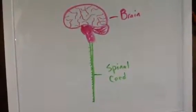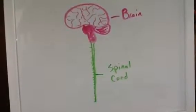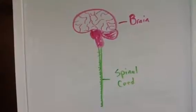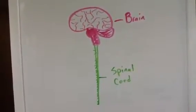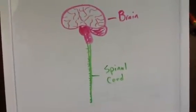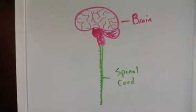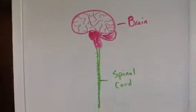The spinal cord is basically just the wiring that carries that information out. The spinal cord does not process, it does not store information. It simply carries the messages to the brain and carries the messages back from the brain and disperses that information to the body. So, I pose the question then, why does the location of an injury determine how much paralysis